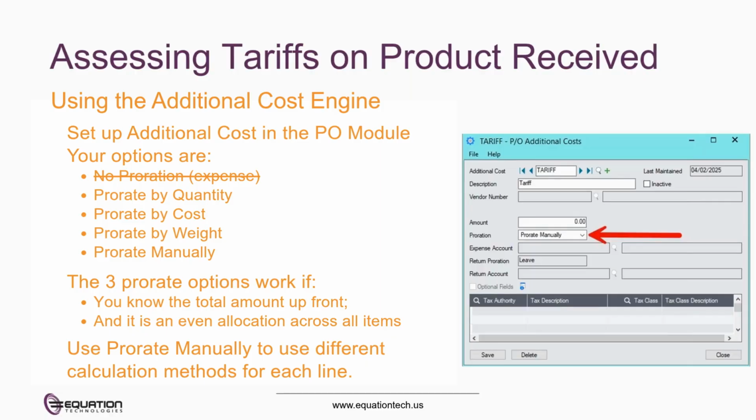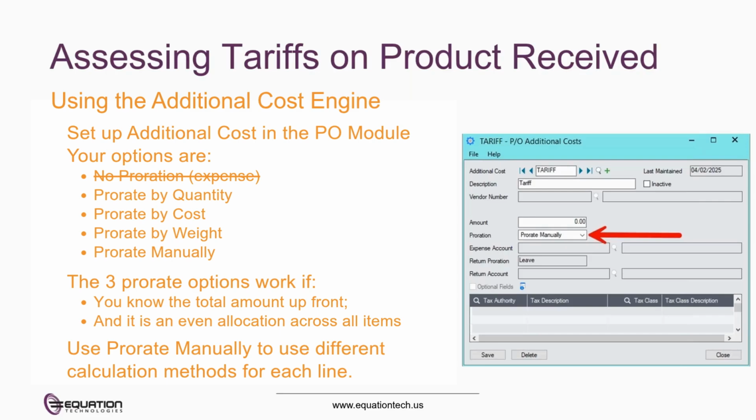But we're going to assume that you want to add those tariffs onto the cost of your product. And there are 4 options that we can use to do that in the additional cost function. Now, 3 of them are very specific. That is prorate by quantity, cost, or weight. So it's going to take the total amount of the bill and allocate it based on one of those 3 drivers. Those drivers tend to work if you know that amount up front and if there is an even allocation